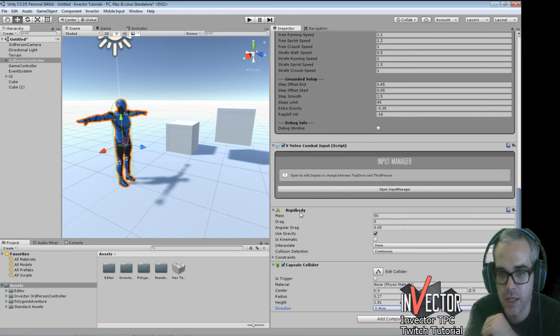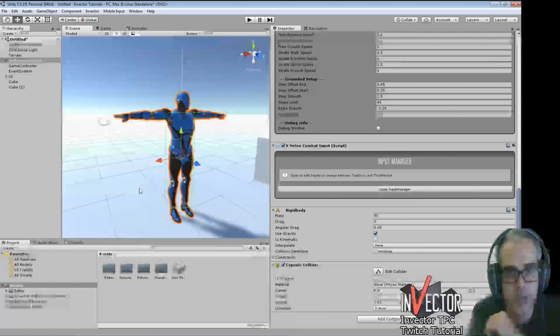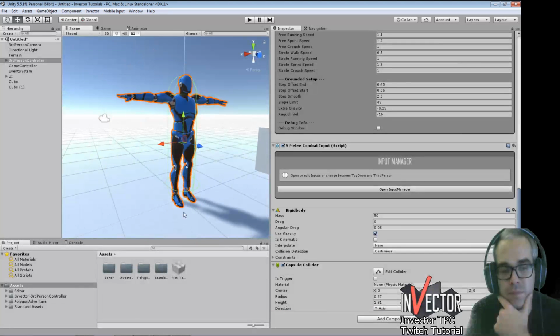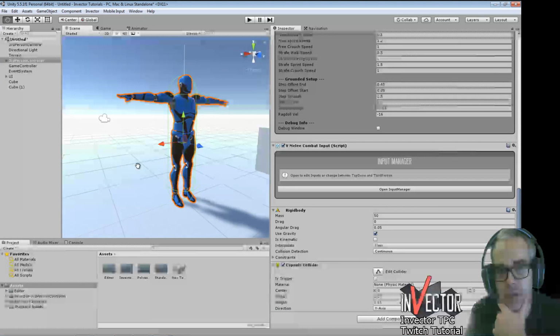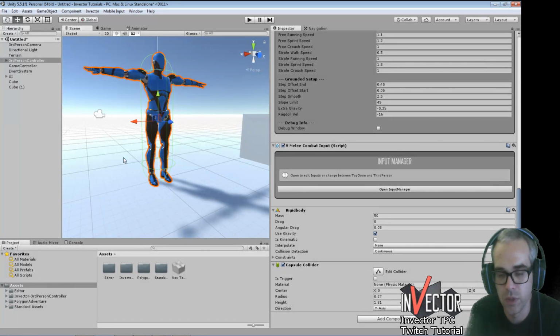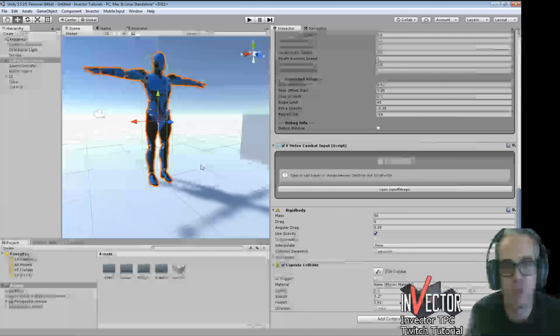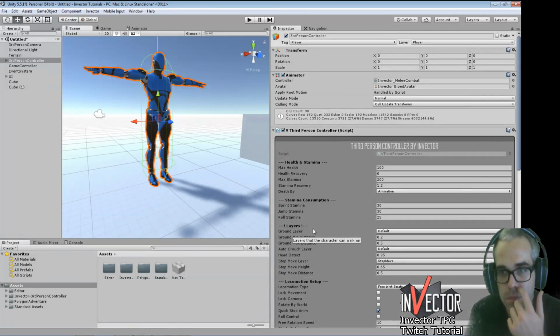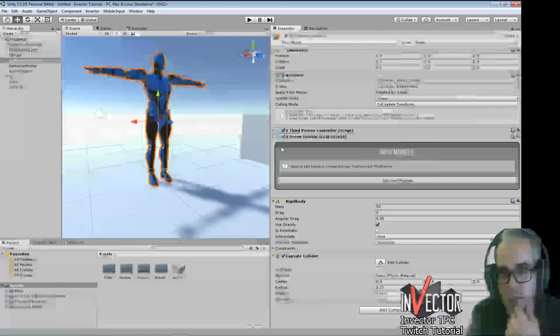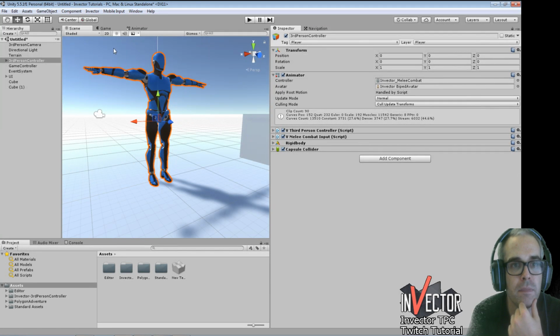And then of course we've got the capsule collider and rigid body. So the rigid body is what we use for the physics, and then the capsule collider is, as we said, the collider. You can see it here. Sorry, not height on the map, but as in when you're walking on the terrain, that's what stops you from falling through. So now that we've got that out of the way, first things first,